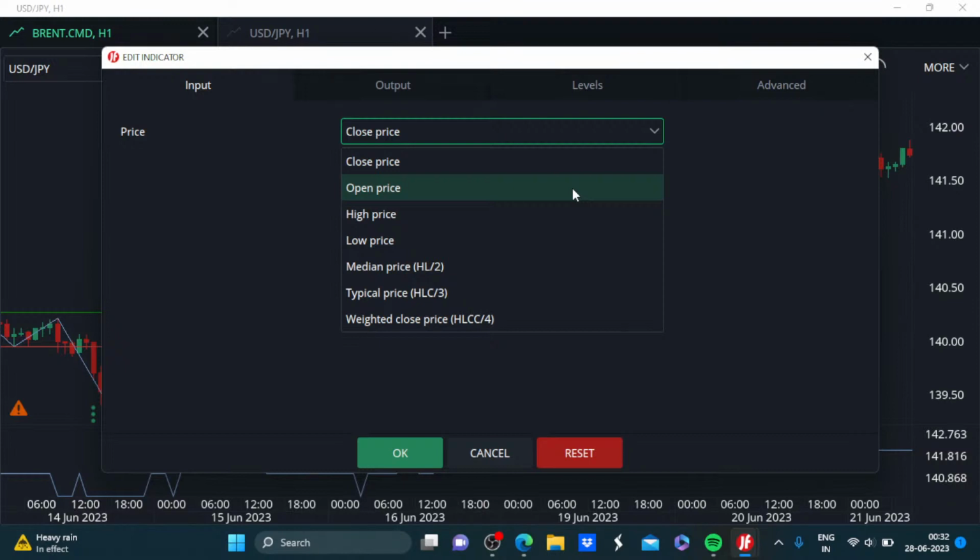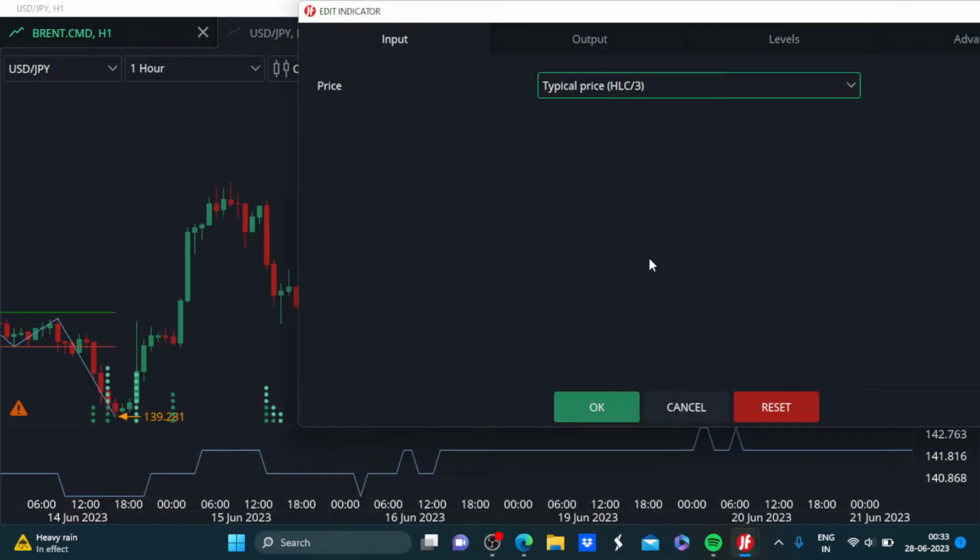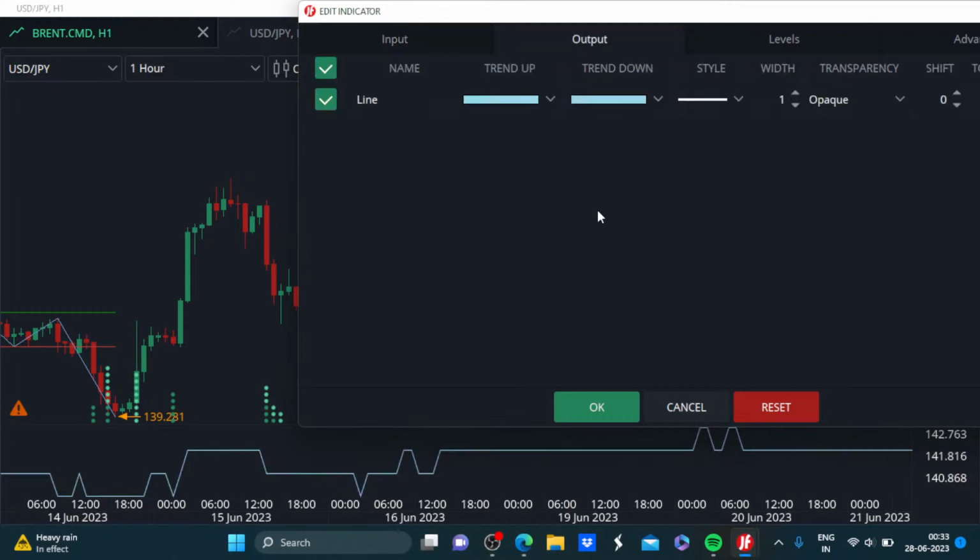So we have to be careful. We have to carry out observation over a long period of time, and then we will be able to decide what kind of applied price to use and how to utilize these output values for figuring out the trading opportunity. There is a disadvantage as well of working with the vector ceiling indicator: it helps us in figuring out key levels to watch out for, and also the levels on which we